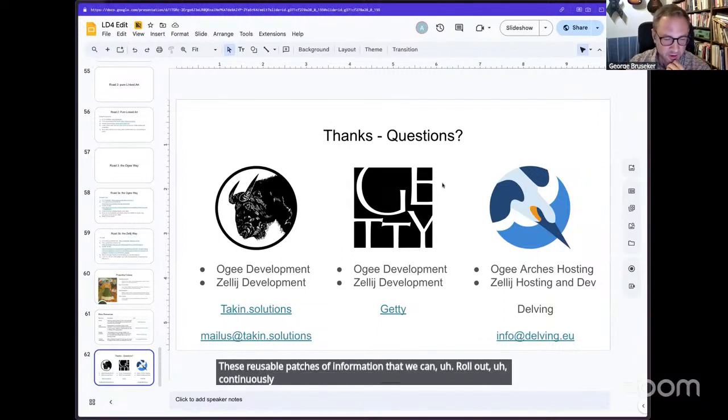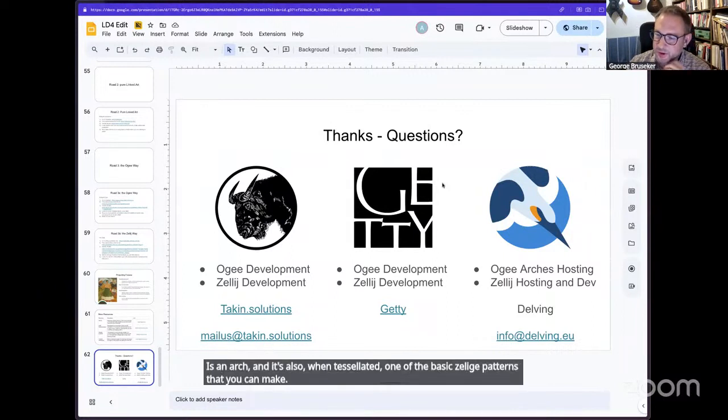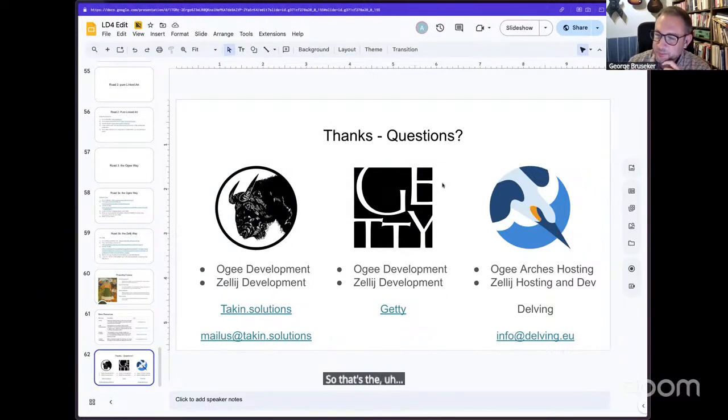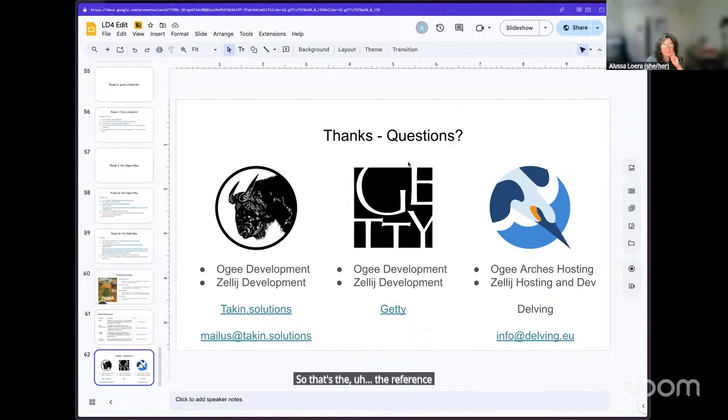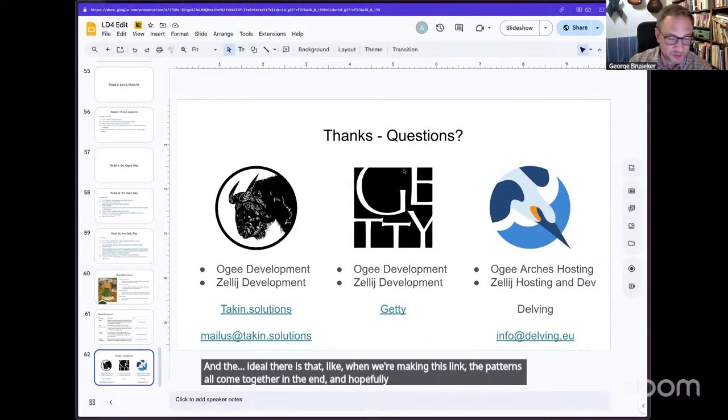Ogee is an arch, and when tessellated, it's also one of the basic Zalige patterns that you can make. So that's the reference. The ideal is that when we're making this link, the patterns all come together in the end, and hopefully if we had many Ogees, they would bring the data together as well.